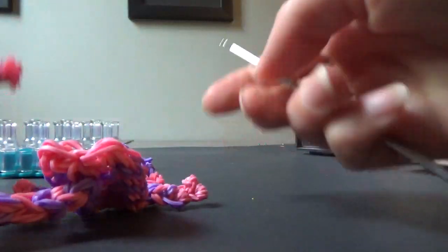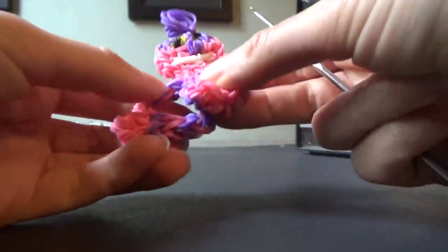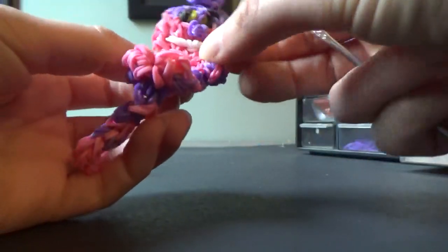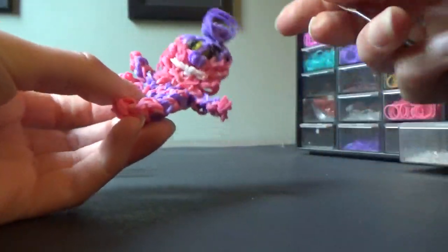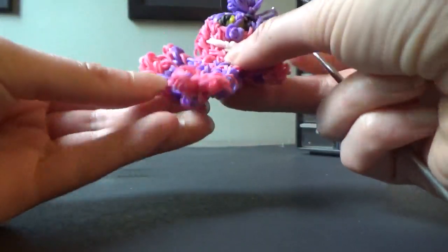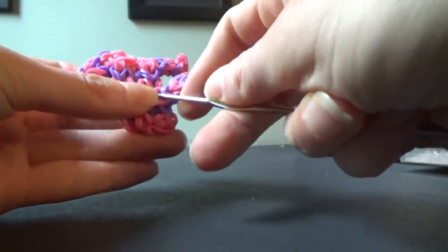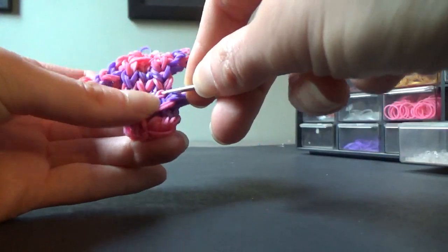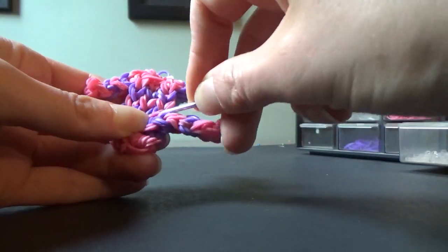Maybe I'll give you one more little bonus here. If you want to pose him, so that maybe the tail's standing up more or the hands are by the face, what you would do to pose is, let's say, for example, I wanted my tail to stand up more, and then I would go to the back, take a piece out of the tail, right at the edge, take a piece out of the body, slide the body piece under, and then you could put a C-clip on. And what that will do is,